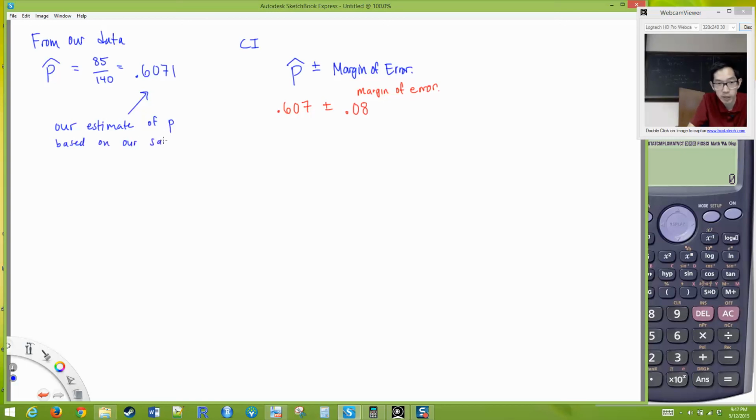And that should make intuitive sense, because what we're saying is, what proportion of all Americans like Swedish fish? Well, we don't know the answer to that. So we surveyed a bunch of people, and in our survey, around 61%, 60.7% liked Swedish fish. So right now, if we had to make a guess for the percentage of all Americans that like Swedish fish, our best guess would be around 60.7%. But we've got to give ourselves some breathing room. And I'm telling you the margin of error is 8%. So our resulting confidence interval